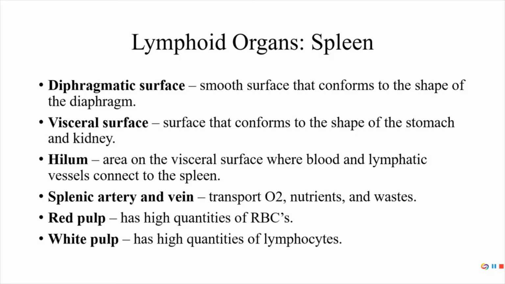There will be a hilum here. Now, a hilum, we said, is basically an indentation where blood vessels and other tubes may enter. So blood vessels and lymphatic vessels come into the spleen through these. Now, what is attached to the hilum is a splenic artery and vein coming and going. That's what brings in the oxygen, the arteries bringing in the oxygen and the nutrients, the vein taking out the